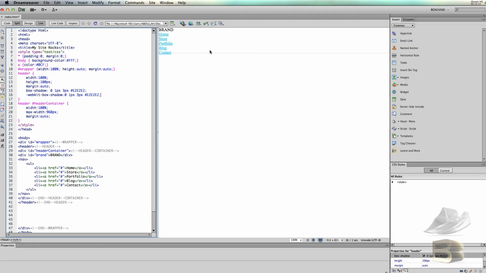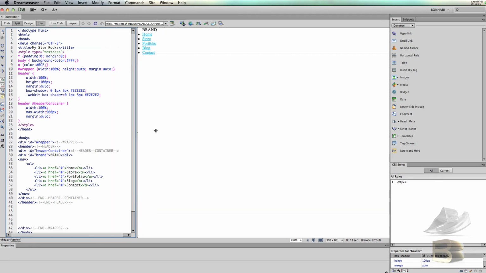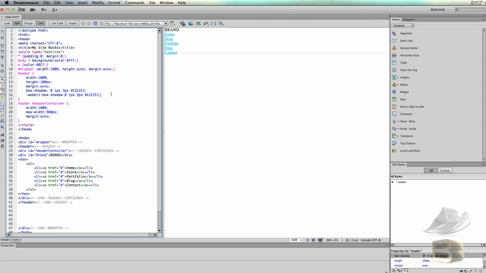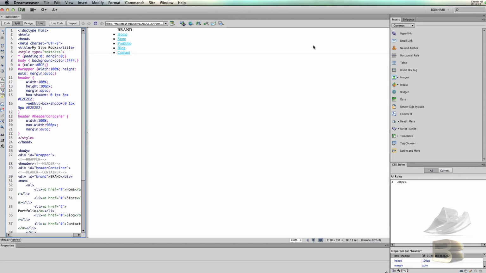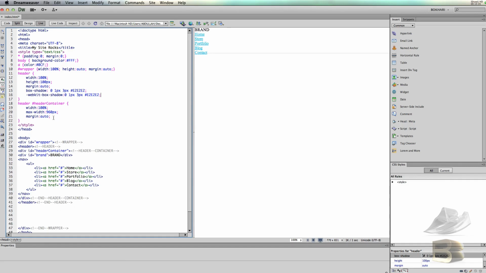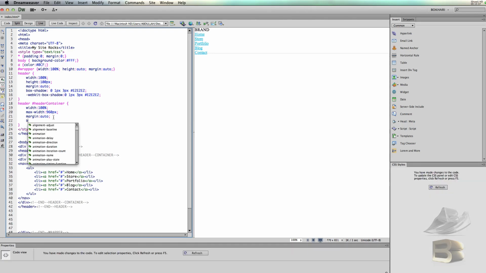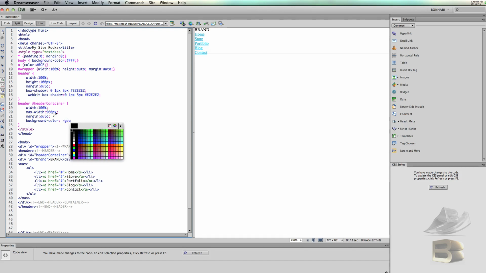Press live, then we see the box shadow there. Okay, everything good. Now we're going to have the header container we have already. Everything is in the center, in the 960 grid position. Let's give it a background color so that we can see visually, right? So we're going to give it an RGB color, RGBA